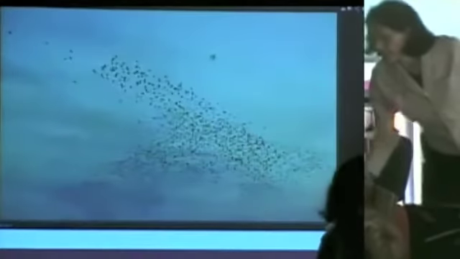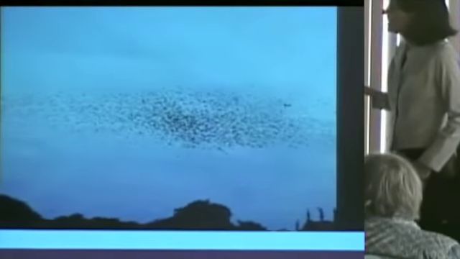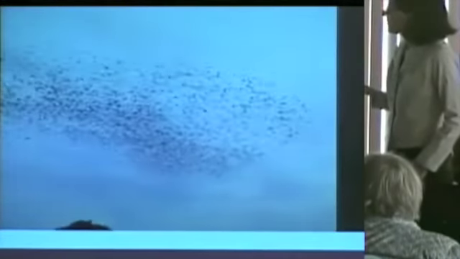Another example that you've seen are birds flocking. This is a beautiful example of how coordinated these flocks can be. Again, there's no bird in charge. There's no leader. This is self-organization without a leader, where each individual bird is just looking at